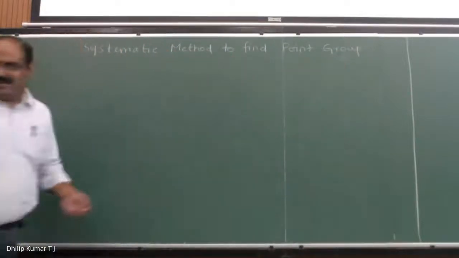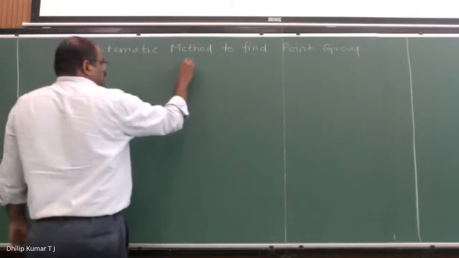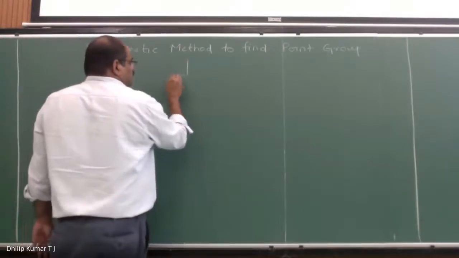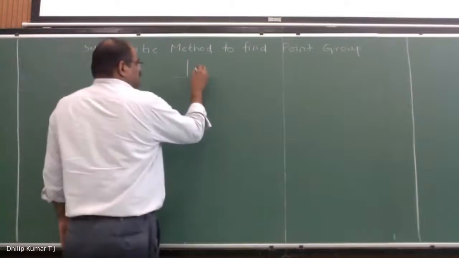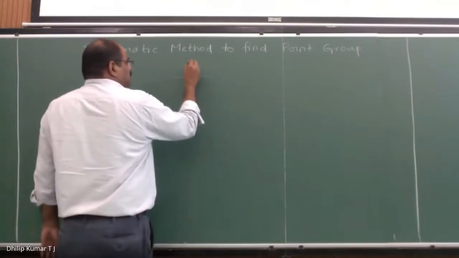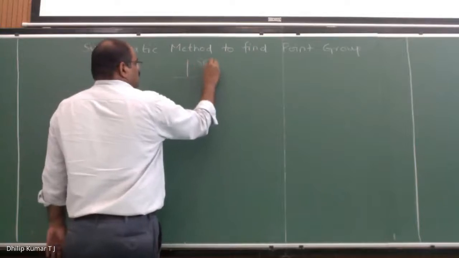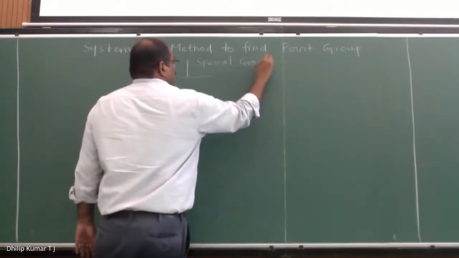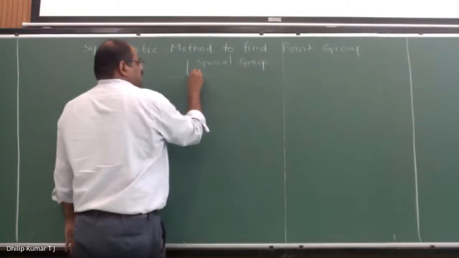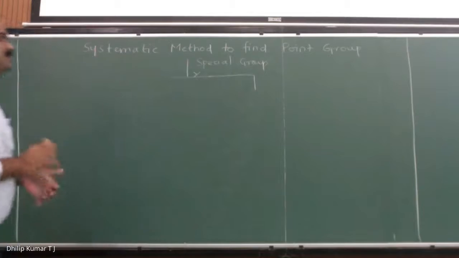Okay, so for any given molecule, you can find out a point group. So basically, you have to check. There's a flow chart. So this is just a flow chart. So check for a special group. So answer is yes. Then you split into